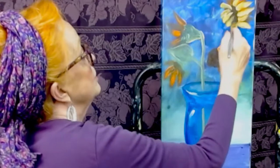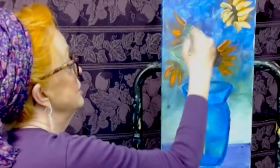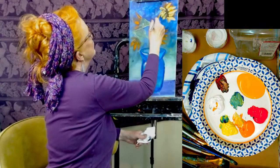I'm not going to mess around too much with this flower because it's way up on the top of the screen and we don't need to be worrying about that. We need to think about where our focus is, which is right there. But meanwhile, while we're waiting a little bit more for that to dry, I'm going to now come down with